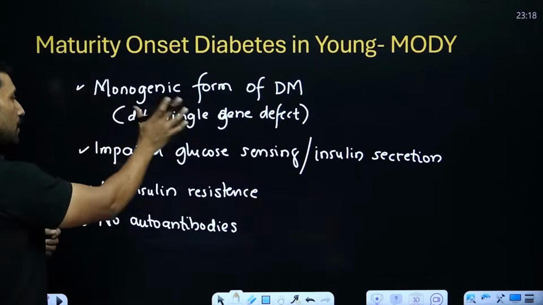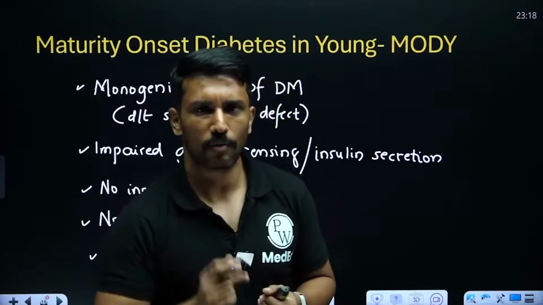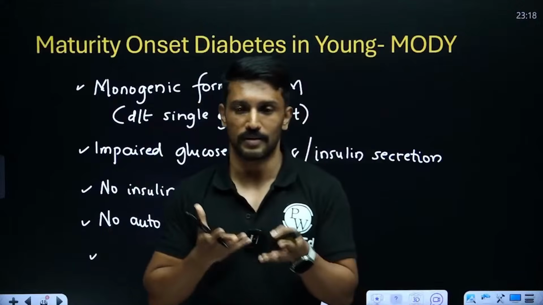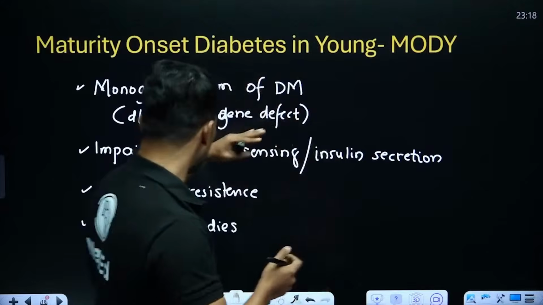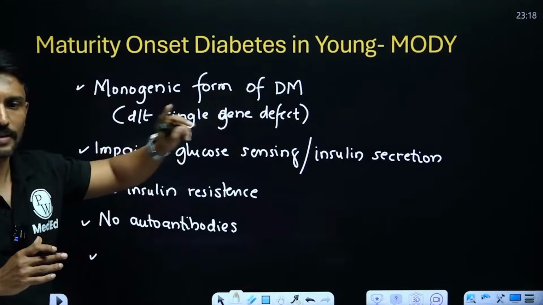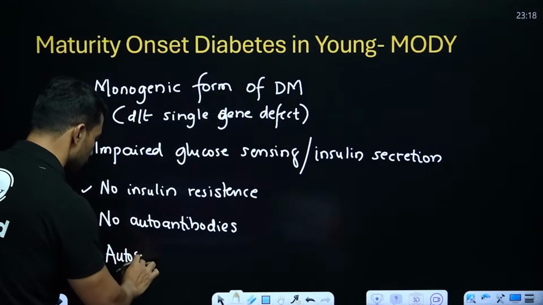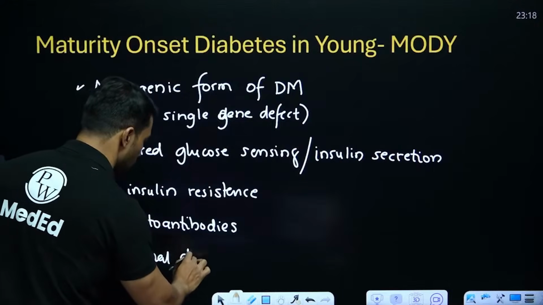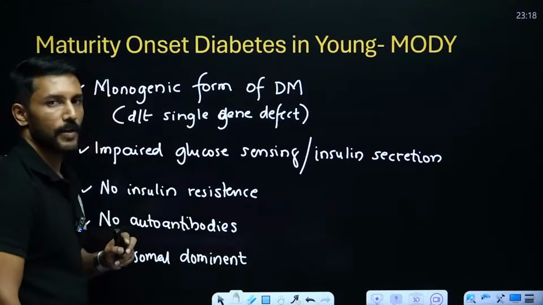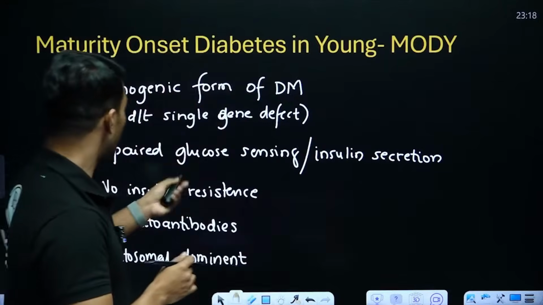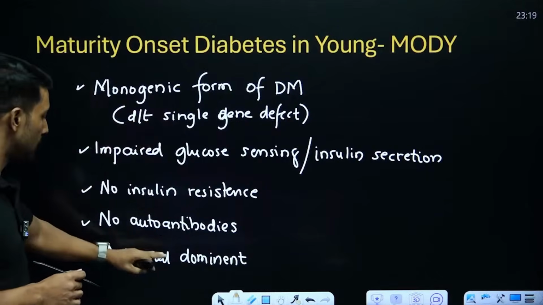Okay. Now, being a single gene defect, there can be a mode of inheritance, right? Because we're talking about a single gene. So now we can also talk about whether it is autosomal dominant, recessive, or X-linked inheritance. MODY is not one disease, it's a group. All the forms of MODY we know are autosomal dominantly inherited. So the mode of inheritance is autosomal dominant. That's why we call it a monogenic form: a single gene mutation inherited autosomal dominantly.